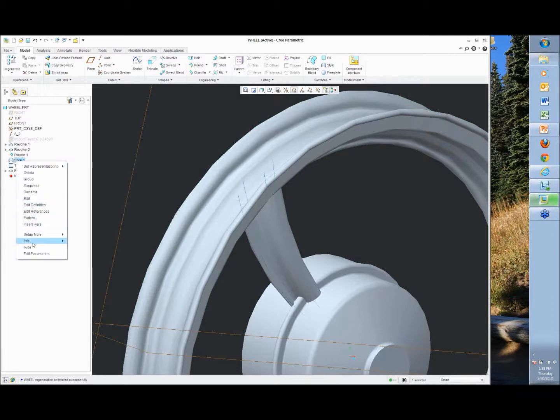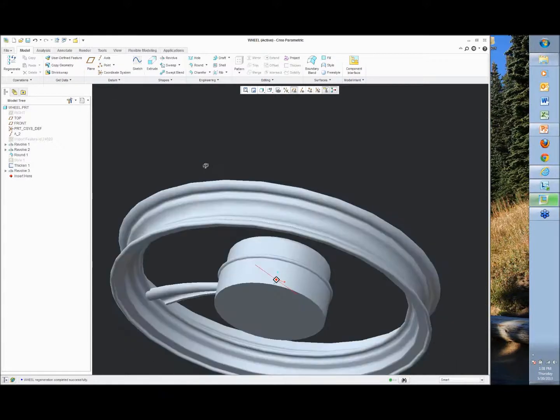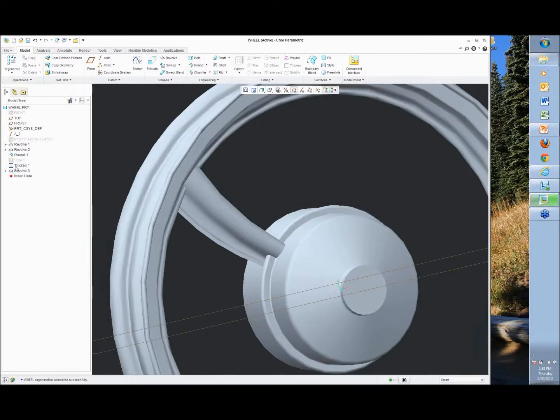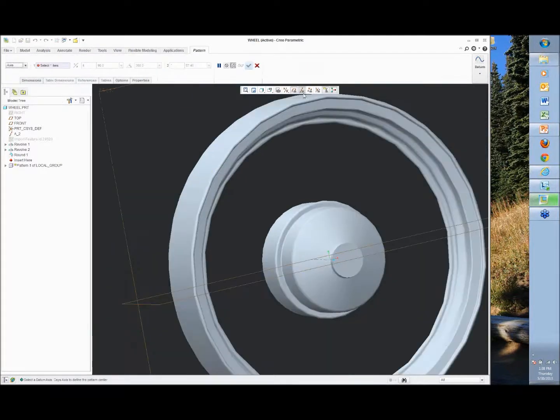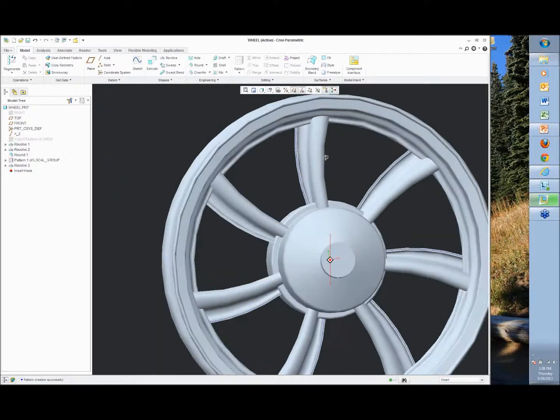Add my style to get rid of my curves. Here's my trim. Take that thicken style, group them and pattern them. Make this an axis pattern. Trim,